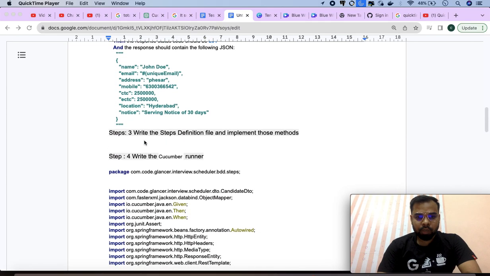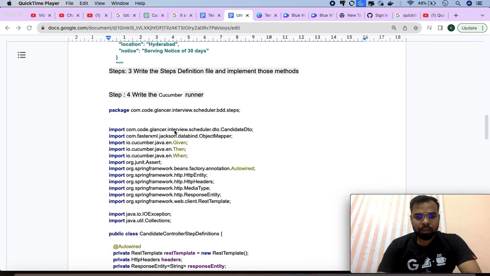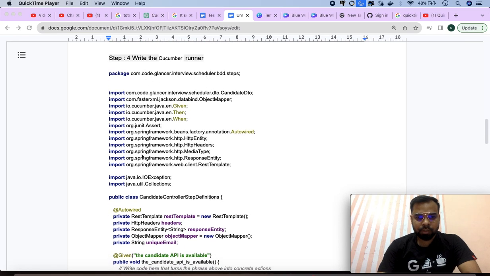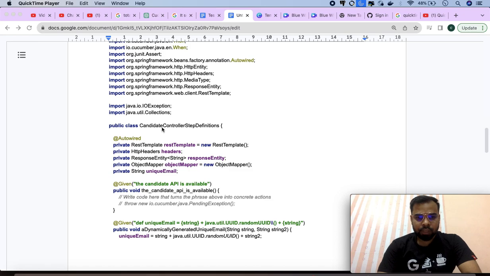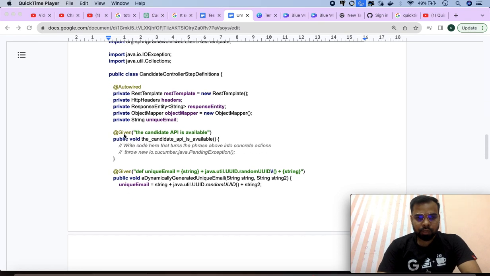Okay. Now what is the third step? In the third step, we have to write the step definition file and implement those methods. I will explain that later in this video. Basically, here is the step definition you can write, see here. So the candidate controller step definition. If you see here, we have first